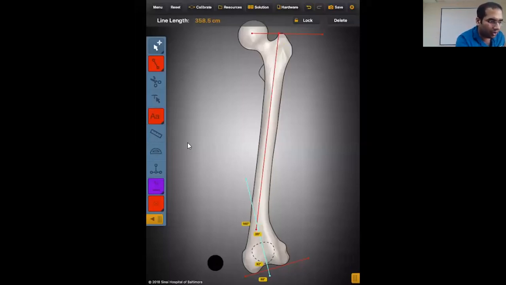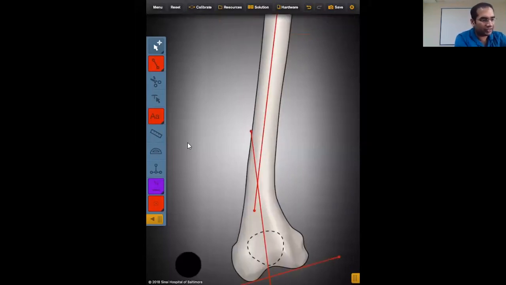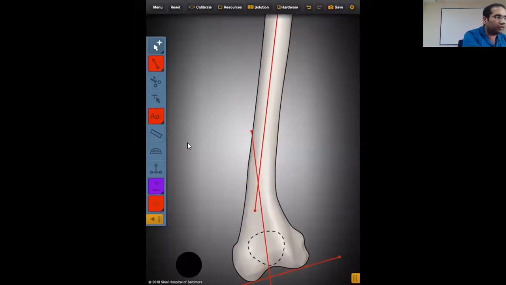So if I want to do an anatomical planning, I would draw a line which is at 81 degrees and not 88 degrees. In this case, I have done an anatomical planning and the deformity is 14 degrees. The bigger angle is 166 degrees. So what I'll do is I'll draw a line at 83 degrees. The 83-degree line will give me an angulation correction axis.